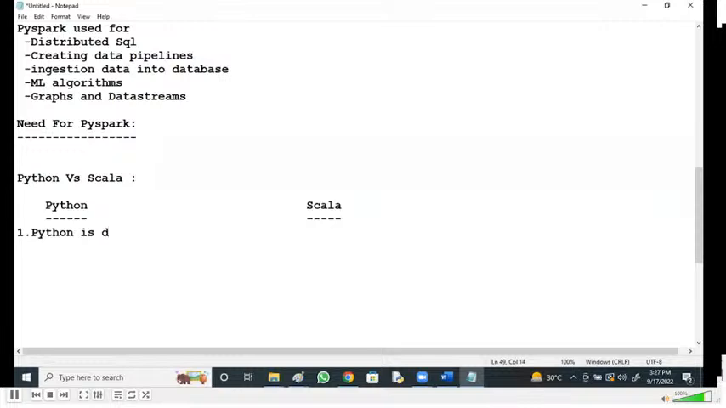is dynamic typed. Python is a dynamic typed language. Scala is static typed. What do you mean by dynamic type and static type? See here, dynamic type. Python is dynamic type means, for example, there is no need to define what kind of data